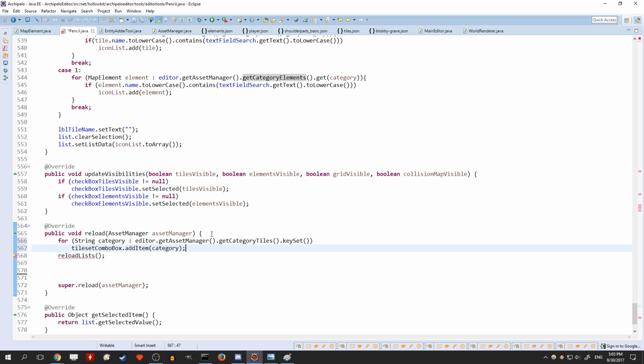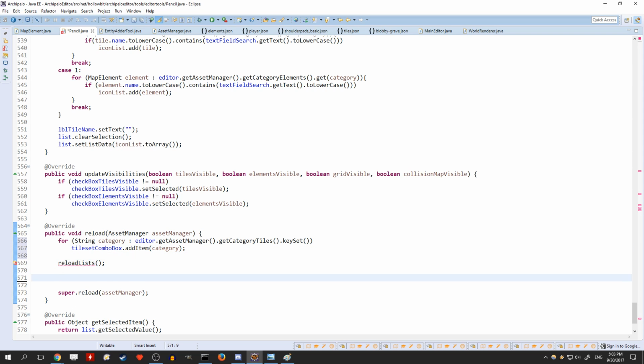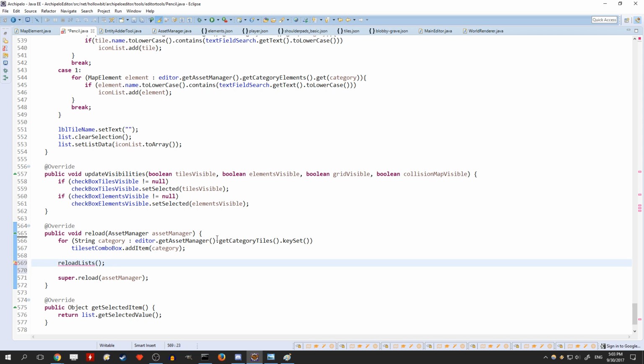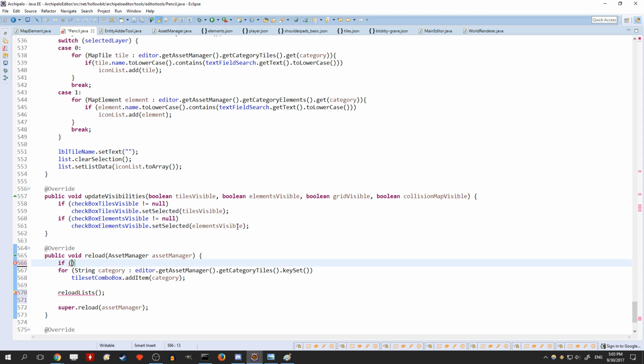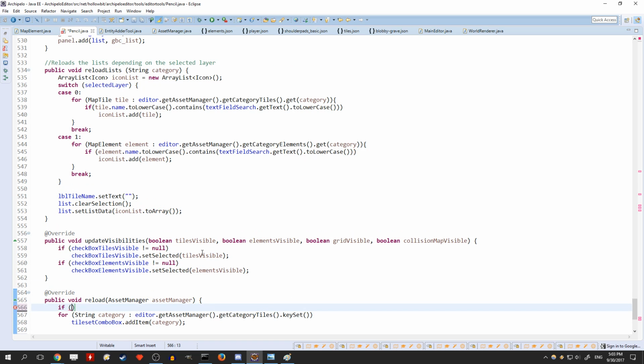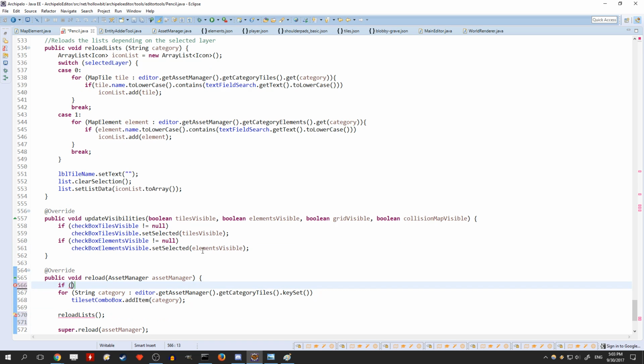So this should reload before the list. How can I do that? Basically I just have to do, if selected layer is equal to 0,